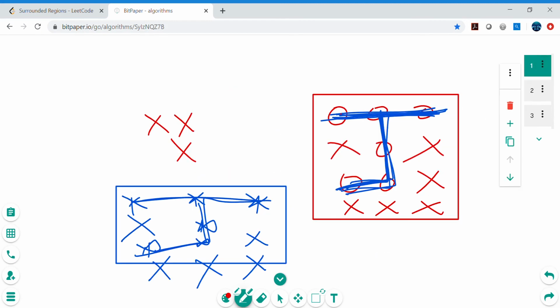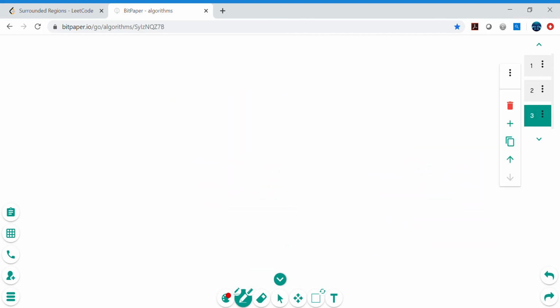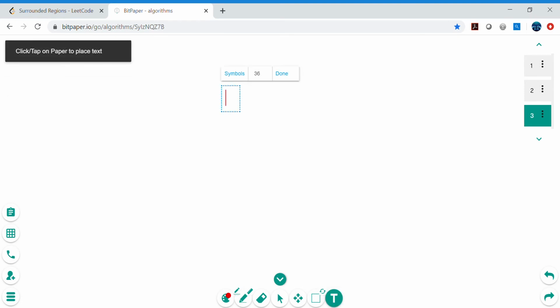Similarly here, we start from the boundary, go in this direction deep, and then this direction deep, and there is no further O because this is X. Then we go left and follow all the O's till we find them all. We just keep going deep in the same direction. We change that to some other character, and then we change back to O, so that we can differentiate that these O's are on the boundary, but the other O's are not on the boundary, so that we can easily convert them to X. So that's the strategy. Now we are going to do the DFS.